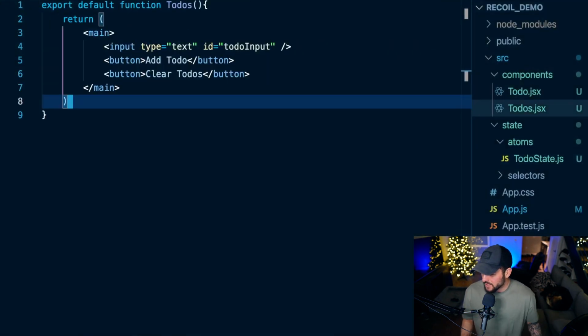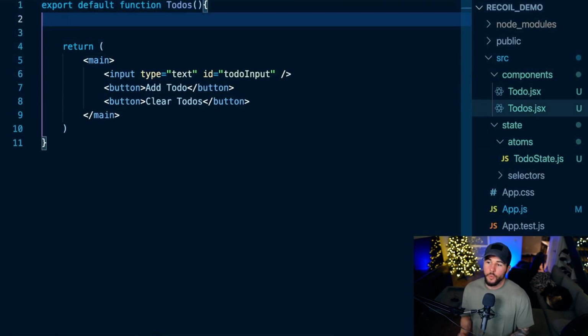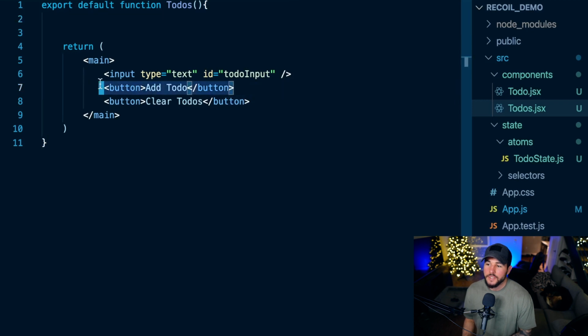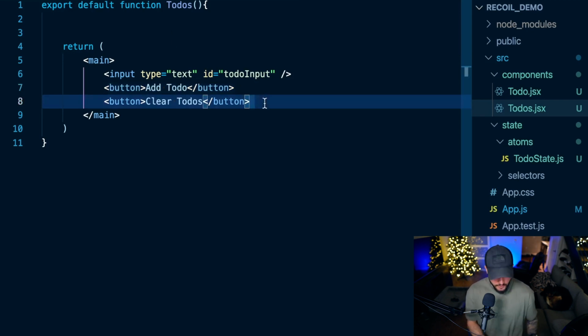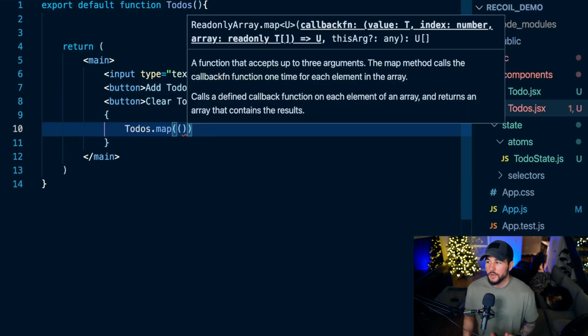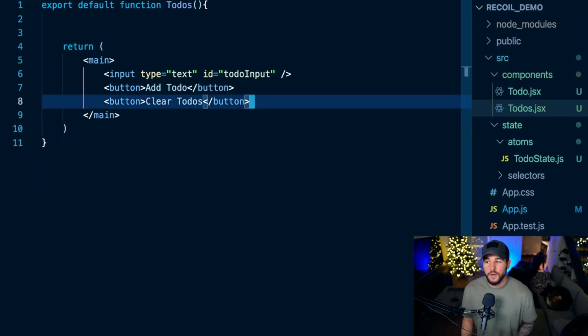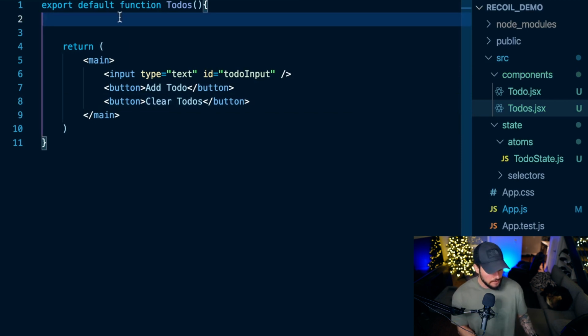So now let's head back into my to-dos here, and I want to start managing state in here. So within this, when I add a to-do, I'm going to want to set some of my to-do state. And when I clear to-dos, I'm also going to want to set my to-do state, but I'm just going to want to remove all my to-dos. And also within this to-dos component, you can imagine that I'm going to want to loop over my to-dos and maybe map those and return a to-do component for every to-do. So I'm going to both need the value of my to-dos as well as a way to set my to-do state. So within Recoil, you do that